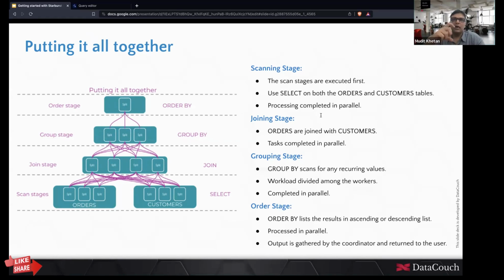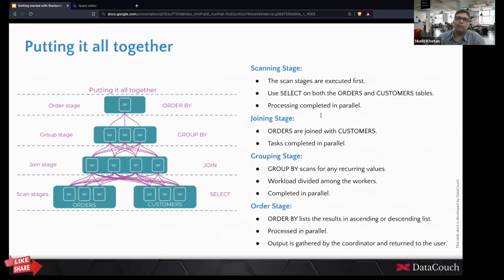In this query, as the user of this data or the analyst, I do not have much choice except for not using the star and specifying the specific columns that I want to use to optimize the query. But the query engine can do one thing. Instead of applying the where clause at the end of the query, it can apply the where clause at the beginning of the query. So instead of applying it at the top in the order stage, it can push down the predicate in this processing tree to the bottom.